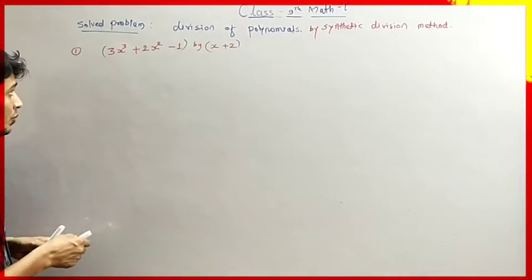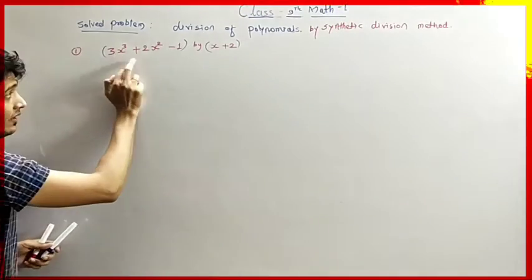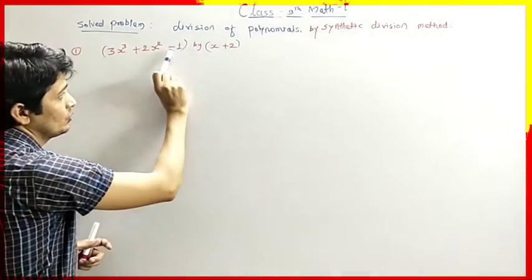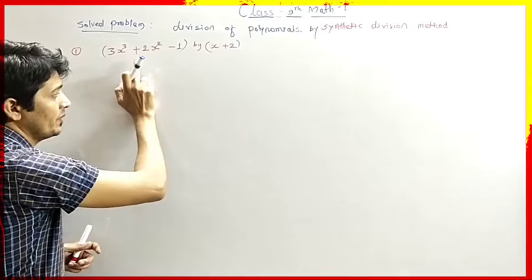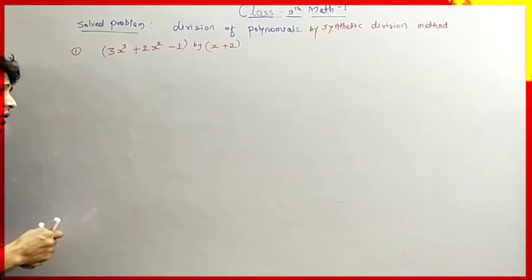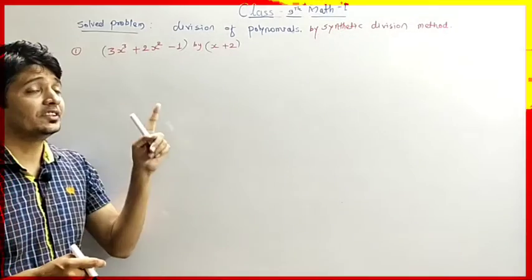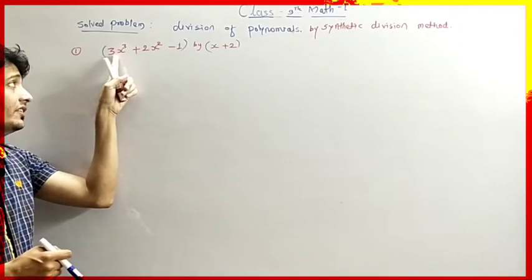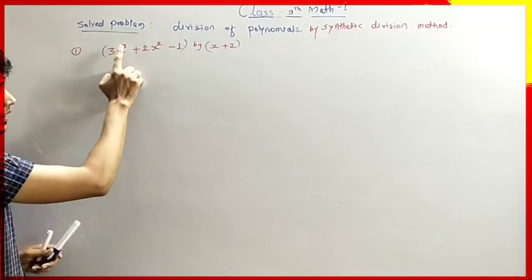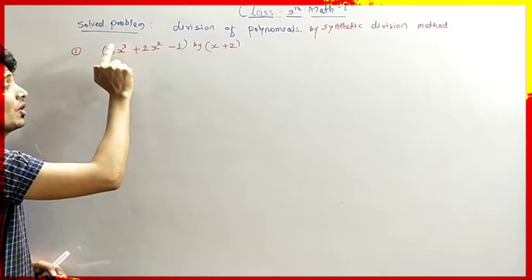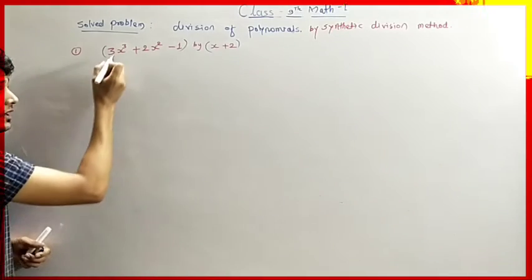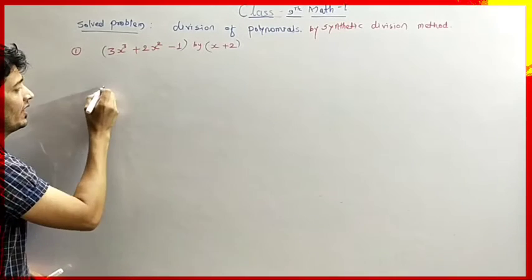The polynomial which is given is 3x cube plus 2x square minus 1, and we have to divide this polynomial by x plus 2. By using the synthetic division method we have to write this in standard form. Standard form means we have the powers from the highest power to the lowest power of the variable. That means we have to write this polynomial as